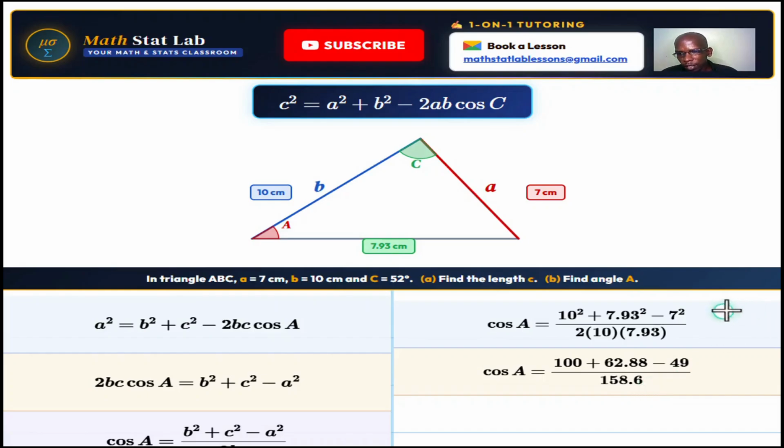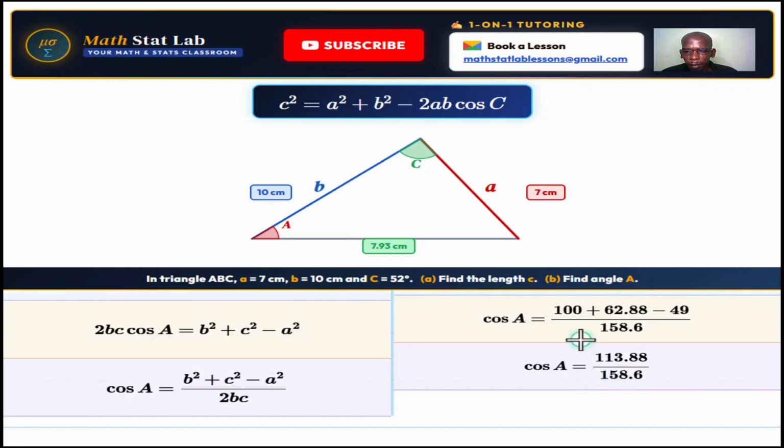Then we continue with the normal calculation. Now it becomes 100 plus 62.88 minus 49. If you just use a calculator, it will directly be 100 plus 62.88, which is 162.88, minus 49, which becomes